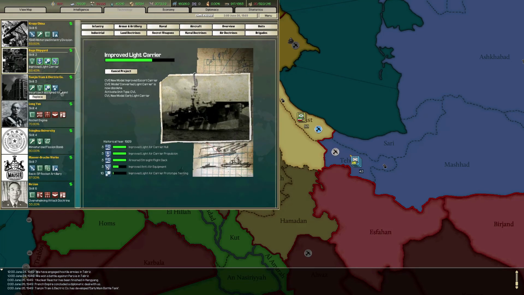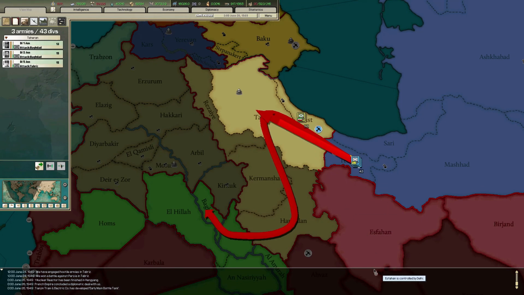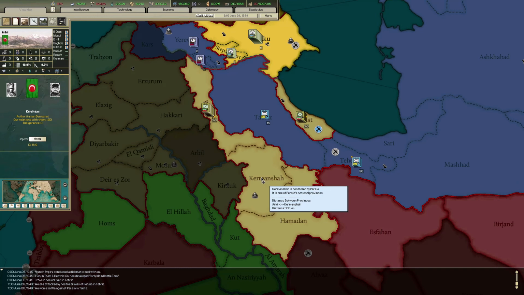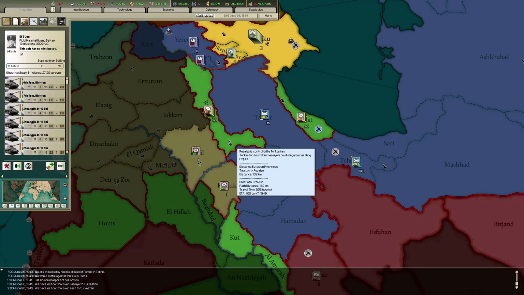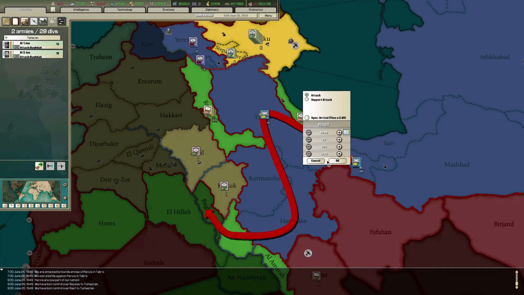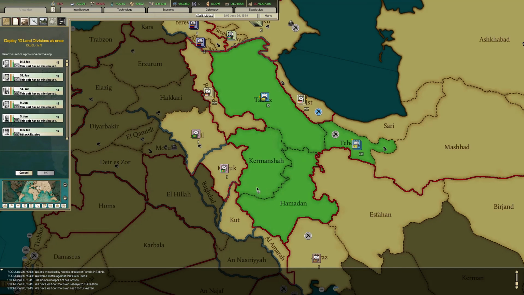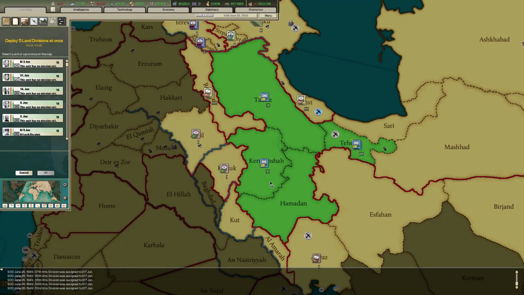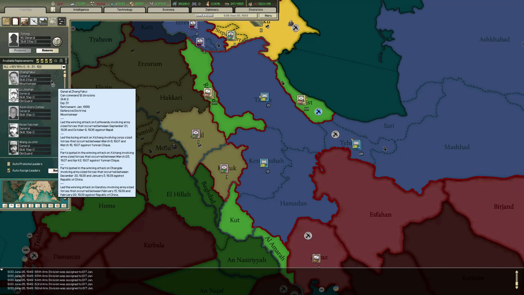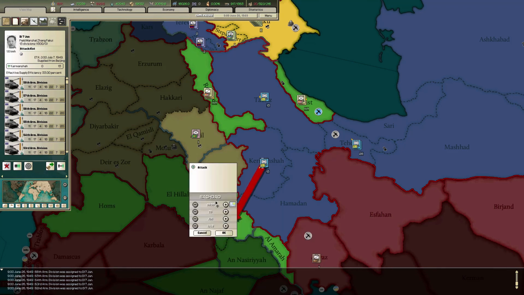Alrighty, early main battle tank is done. Armored Car 42, go now. Now, Persia, I annex you. And Turkestan has decided they'll be taking this. Now I'll be deploying a bunch of divisions here, just because I'm too lazy to wait. I want to be in control of Turkestan's shit now, so...